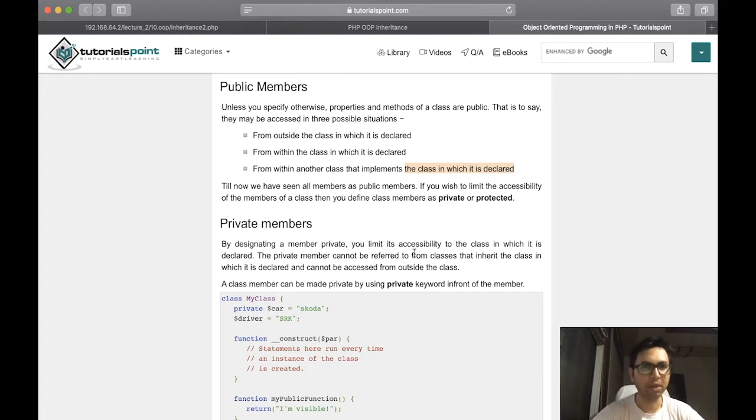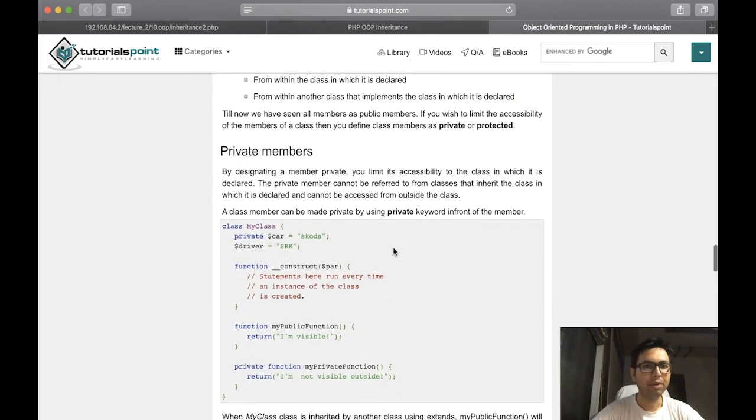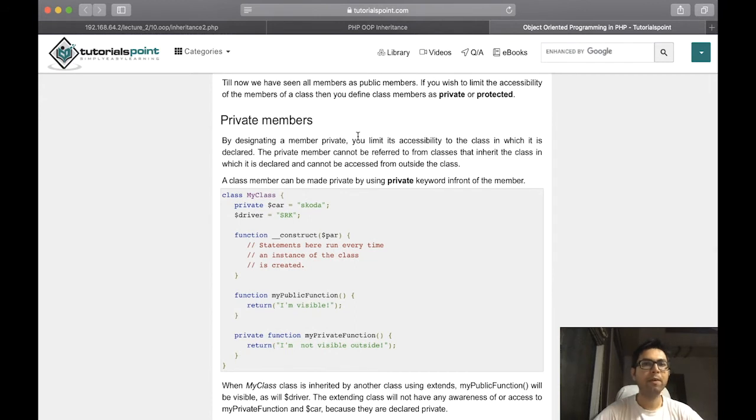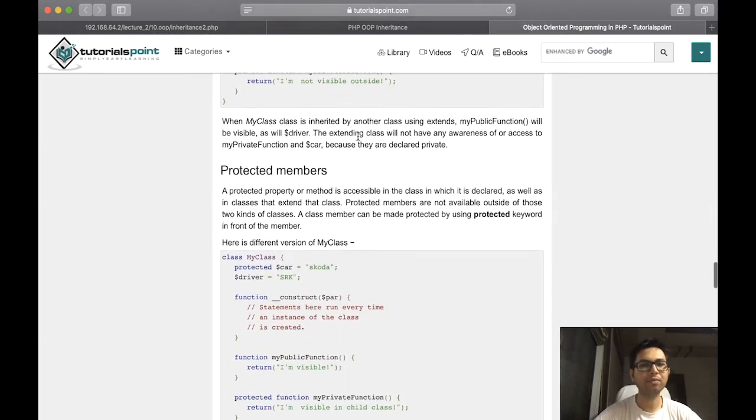A private member is privileged to that particular class only.